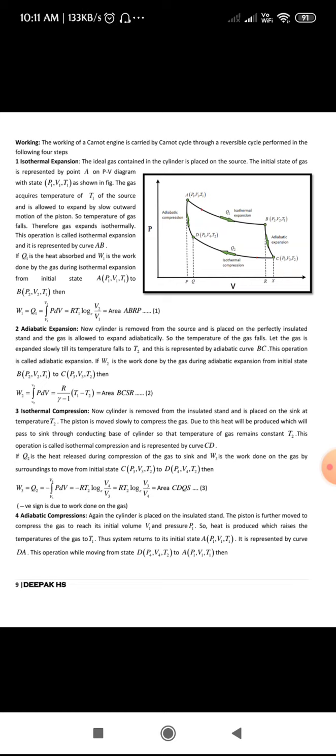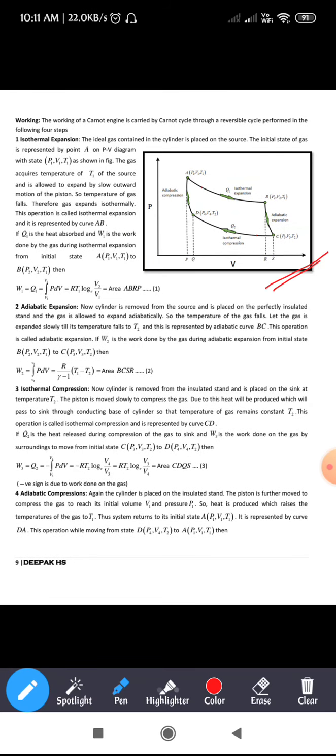Okay, this Carnot cycle undergoes four steps. In that, the first one is isothermal expansion. These four processes it undergoes are represented by what we call a PV diagram, plotting P, the pressure, on the y-axis and volume on the x-axis. You can see the PV diagram in the figure here.